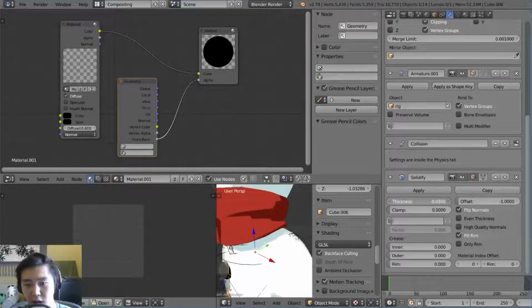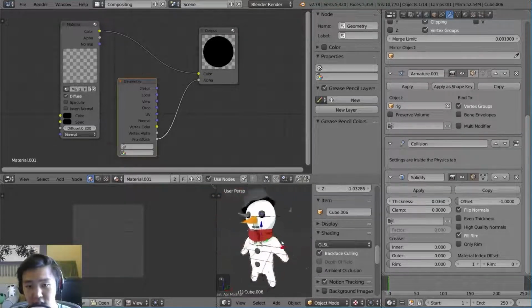So what we're going to do is make sure this value is positive, so it goes inwards a little bit. You can also make it go outwards, but I noticed that you get into some errors with clipping, so might as well keep it the same size as you wanted it, and then just eat into the original geometry a little bit, and we can get that there. But instead of this material here, we're going to change this to 1. So now you have this black outline.